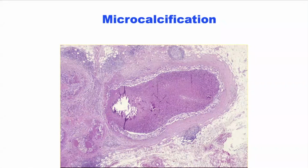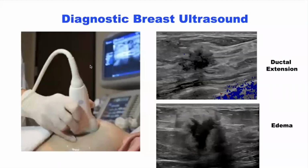Either the patient is excluded from cryoablation because of them, or the person performing cryoablation intentionally includes these areas in the treatment zone. Breast ultrasound is also important. I've included a couple of examples here where ultrasound revealed features of the cancer that were initially overlooked, but that needed to be accounted for to